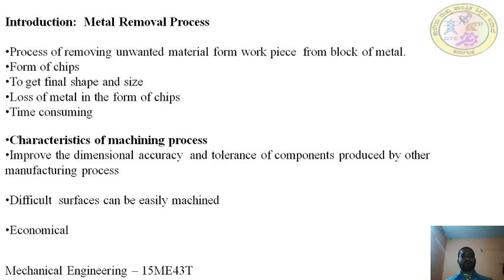Okay, so one of the disadvantages of this metal removal process is the loss of metal. So the metal will be lost in the form of chips. So this extra 2 mm, if the length of the shaft is around 1 meter, so the 2 mm metal will be removed means like 2 into 100 mm. So the density of around and the volume, if you calculate the volume, around 0.5 kg to 0.4 kg, 400 grams of metal will be lost.